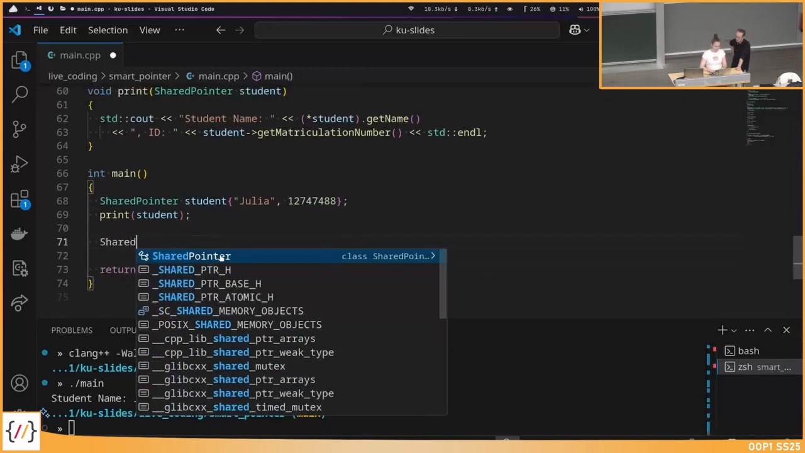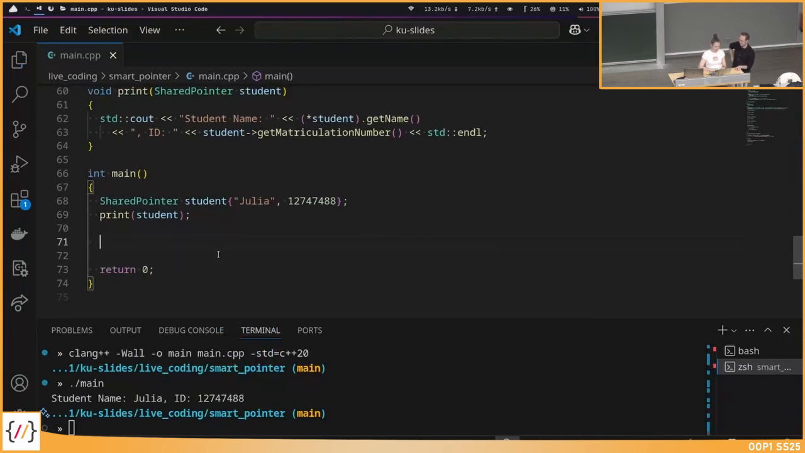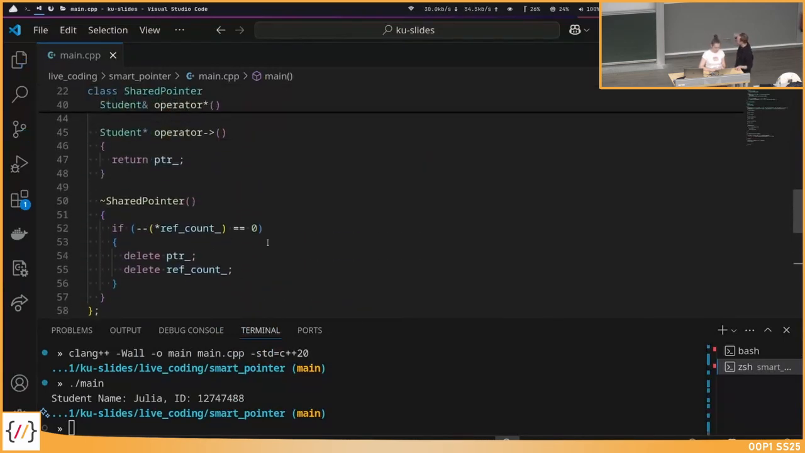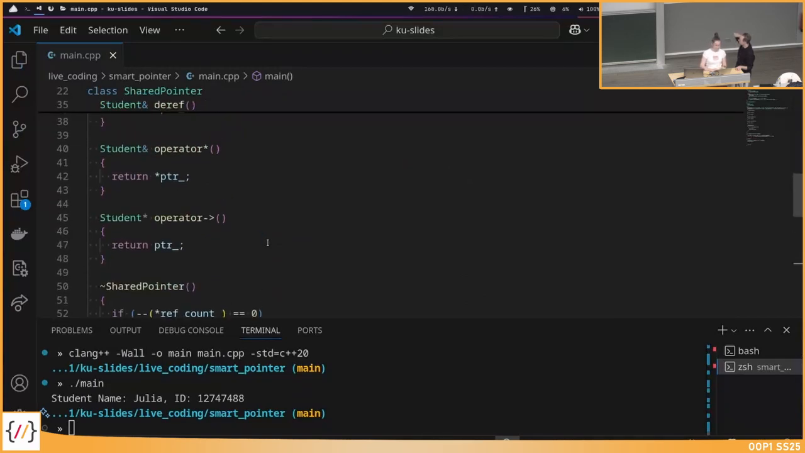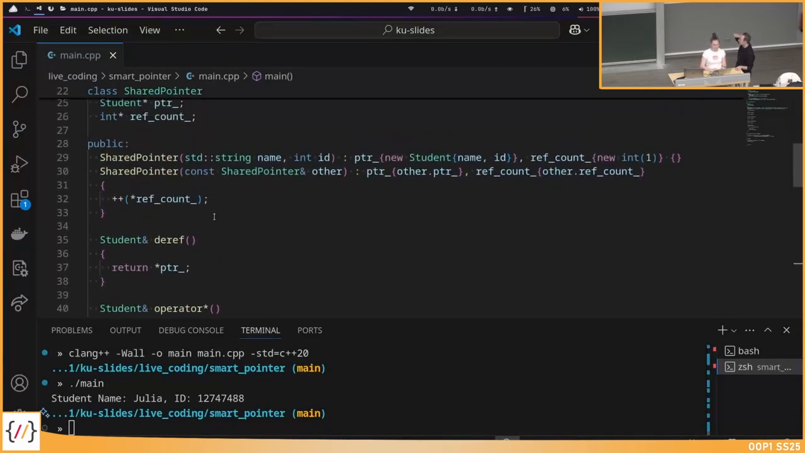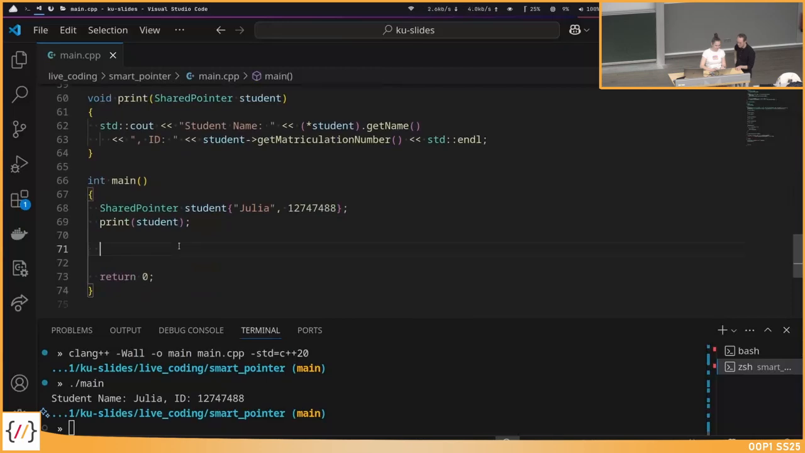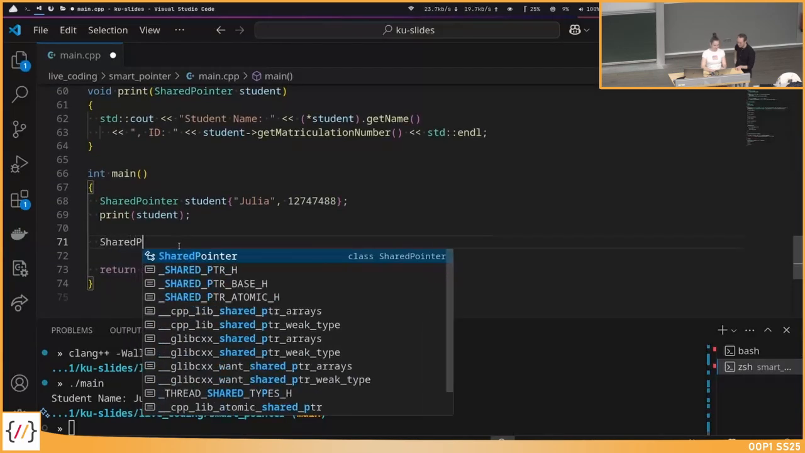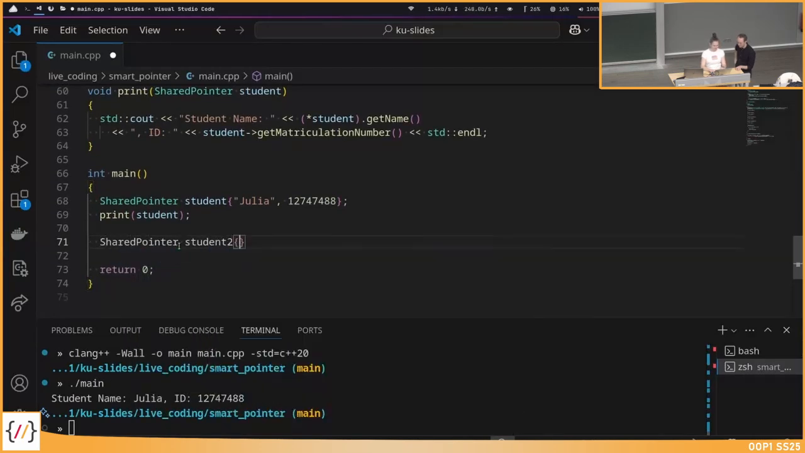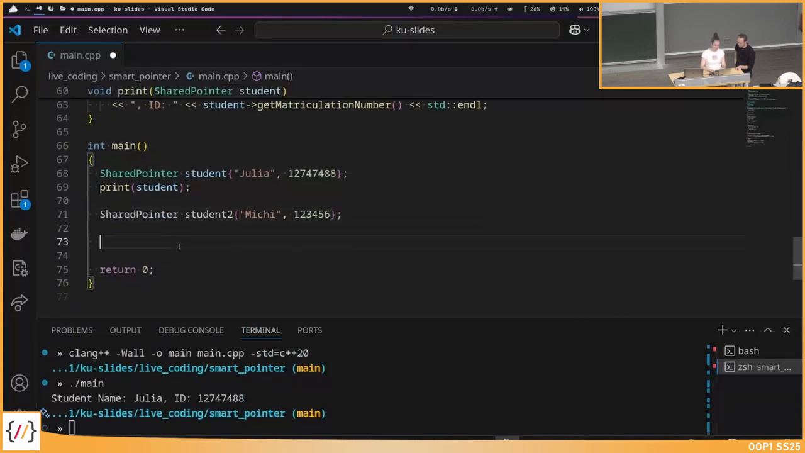But maybe can you scroll up to the class? Sorry. Okay, so what is interesting about this class now? We have a destructor here, and we have a copy constructor and the constructor. So what should we do now? Yeah, we need the assignment operator as well, because now if we create a second shared pointer, something like this,